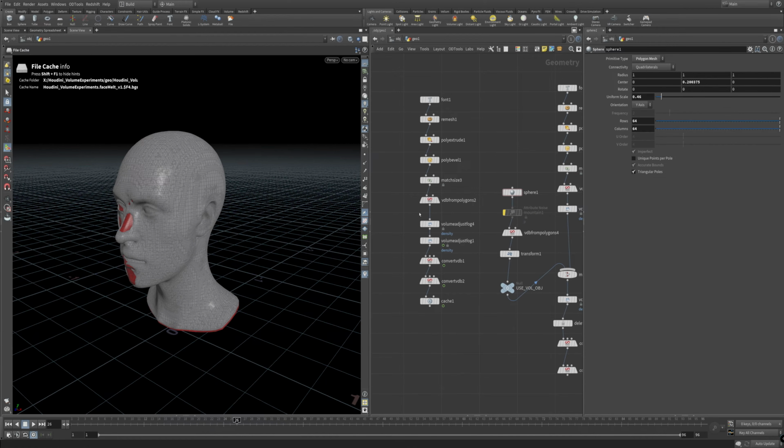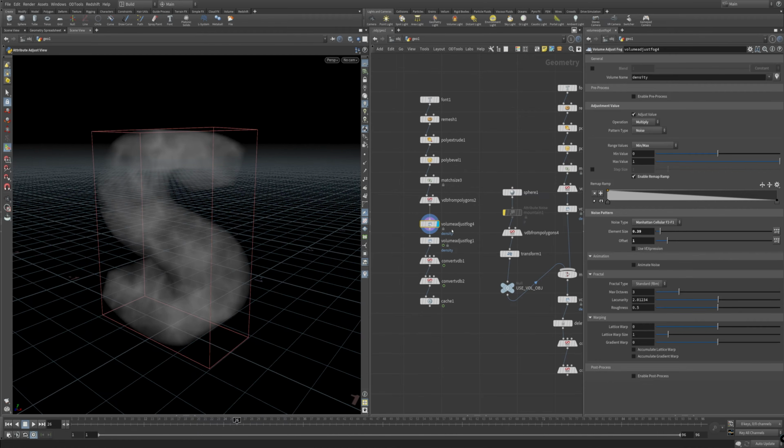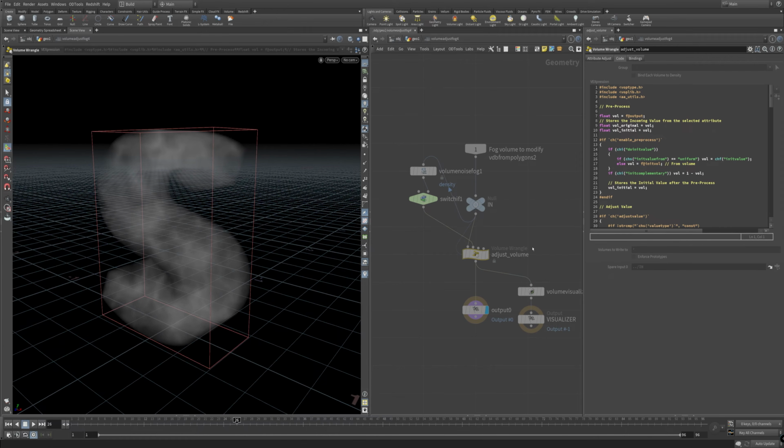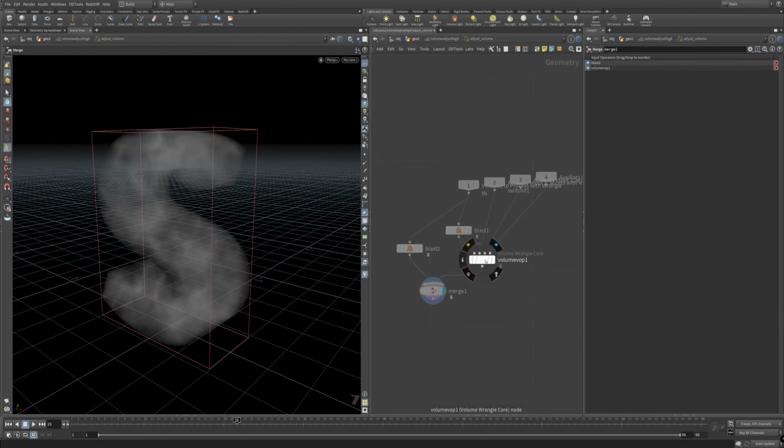So just in short, what's happening is the volume adjust fog, which I'm going to just call volume adjust for the rest of the video, that's way too much of a mouthful, is like a volume VOP or a wrangle with all the tools that you want right at the surface level. I think if you dive in, it's basically a volume wrangle with everything ported out to the top.